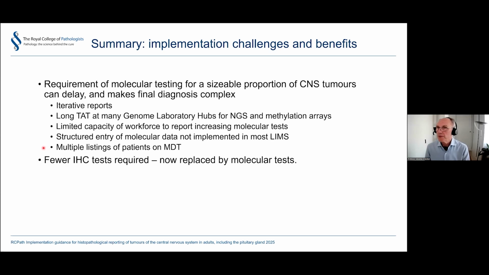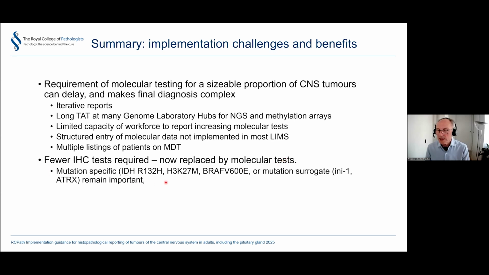The benefit of the implementation of the more systematic molecular tests is a significant reduction of the immunohistochemical tests required. Very often we get away with 1 or 2 tests, sometimes 5. Very rarely we do more than 8 immunohistochemical tests on tumors, because before you get on with too many immunotests, they're more readily answered by the outcome of a molecular test.